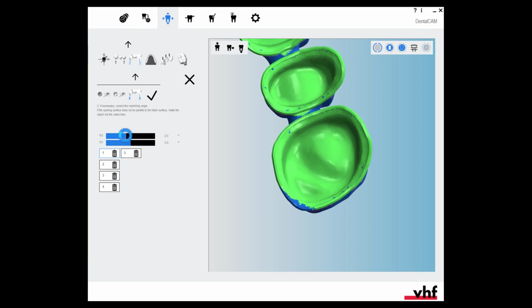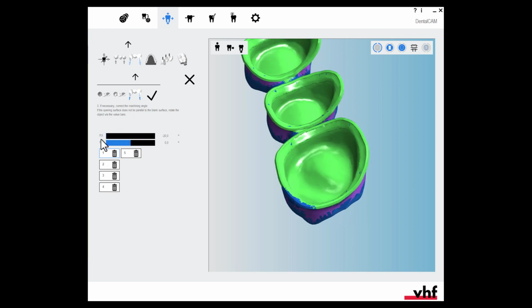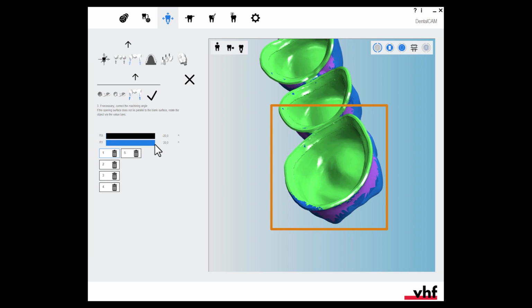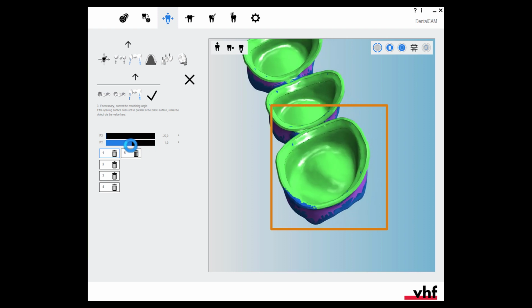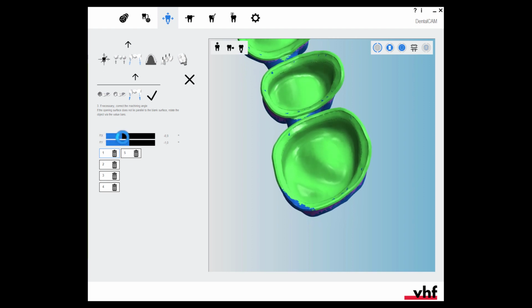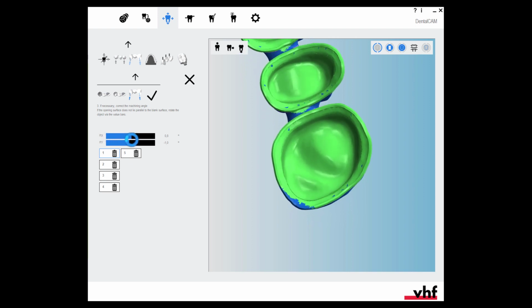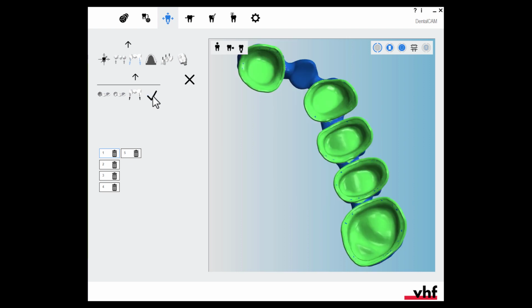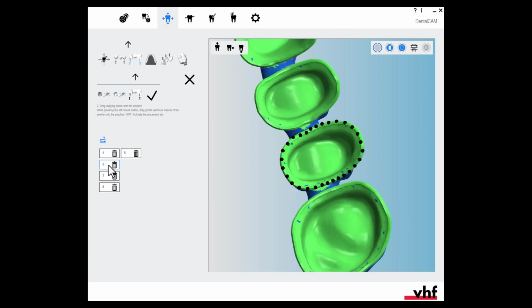If a machining angle is selected that requires 5-axis machining, which would be the case here, the subsequent machining time will be slightly longer. In the final result, the cavity is always completely machined, regardless of the machining angle selected. Only the machining time differs slightly. When ready, complete the workflow by selecting this icon. The remaining cavities 2, 3, 4 and 5 are already correctly marked and do not need to be edited.